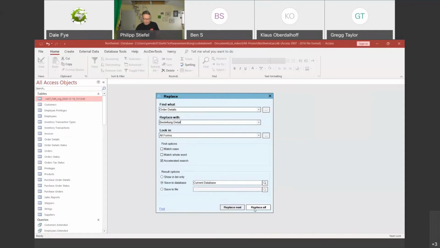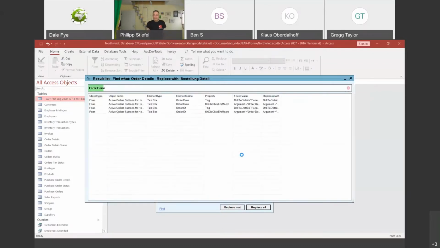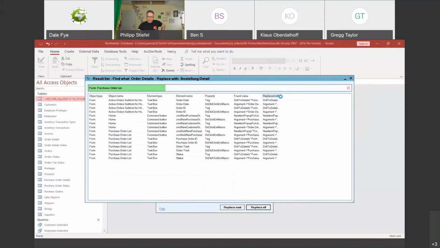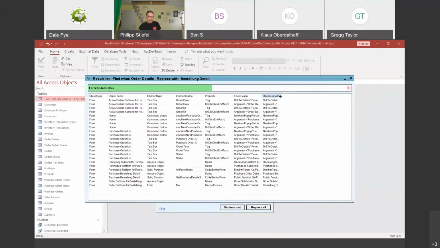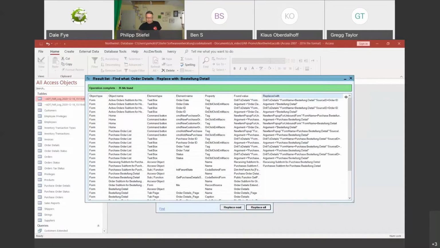And I would just go ahead and say, yeah, replace that. I get a warning message, and I say okay, and I will still get the result list, and then it will show me all the stuff that is actually replaced here. And that is also working pretty fast. I limited that to forms, and of course, I totally messed up the Northwind database now by just replacing it